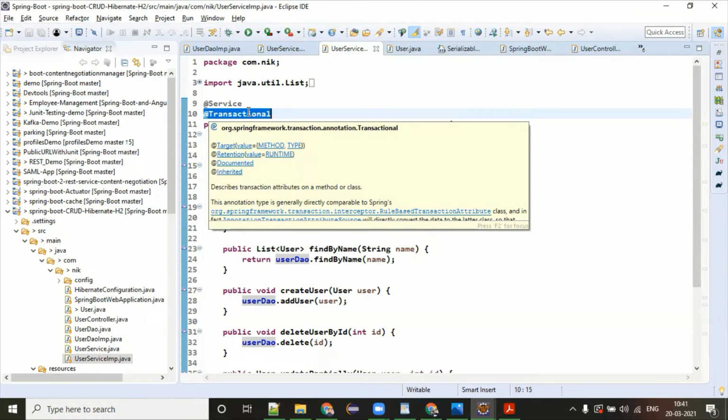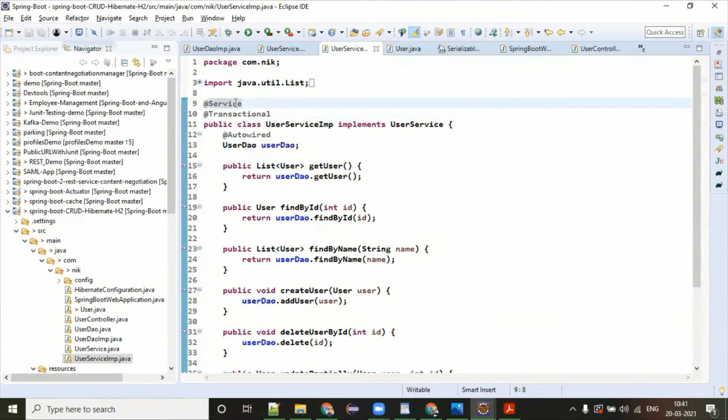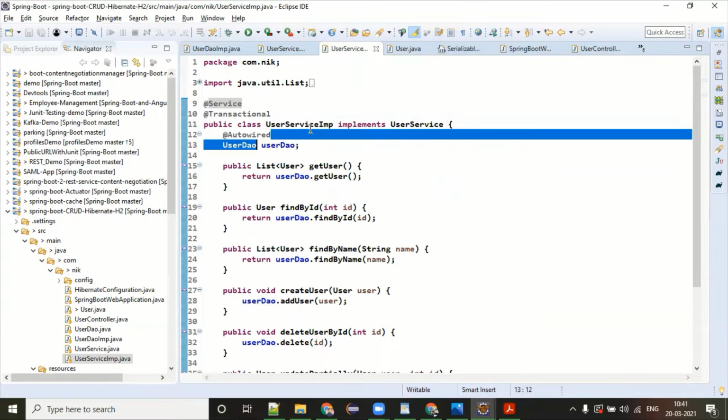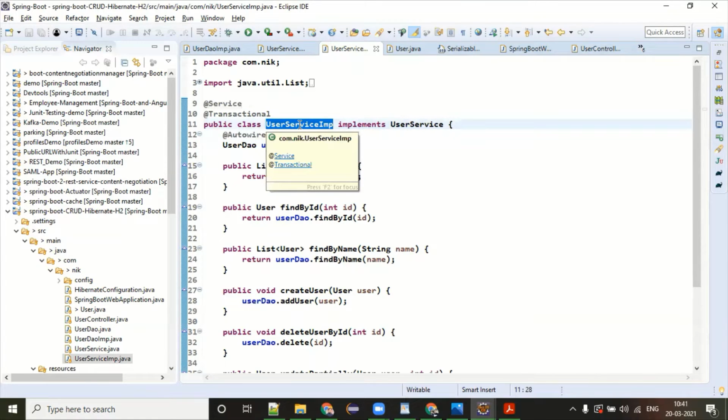It optimizes the memory and life cycle of the object properly, and it easily creates the object of this class. You don't need to create a bean of this. Spring Boot automatically defines the bean, which is accessible by default.